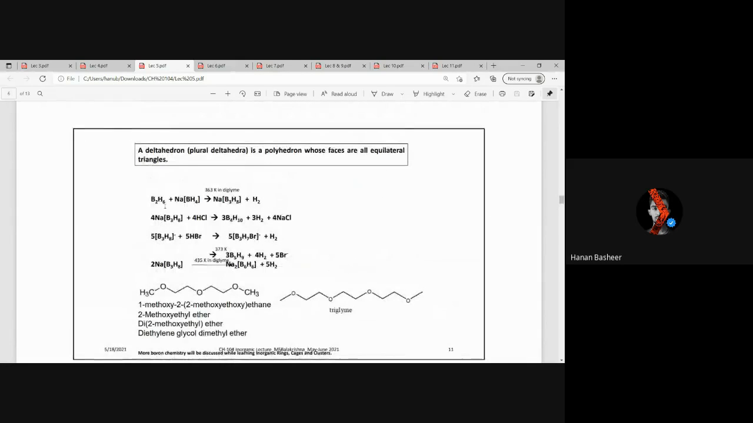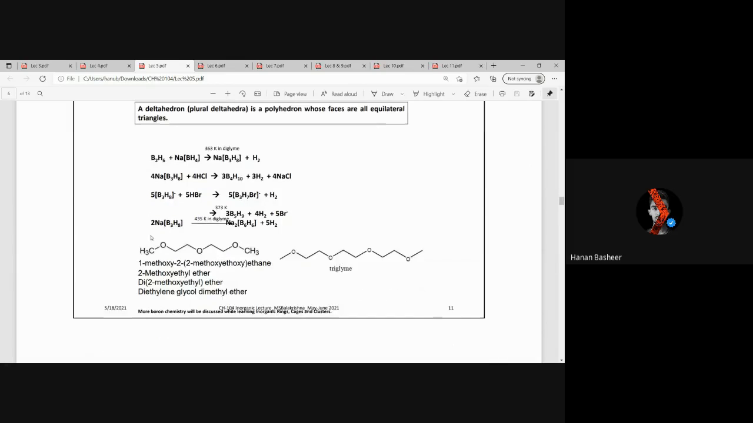Then a deltahedron, plural deltahedra, is a polyhedron which has all equilateral triangular faces, formed using this method. So B2H6, when we react with NaBH4, we get this. Then B3H8, when we react with HCl, we get B4H10 and this other compound. And then we get B3H8⁻ when we react with HBr. Then we get B3H7Br⁻ and NaB3H8 when we react with